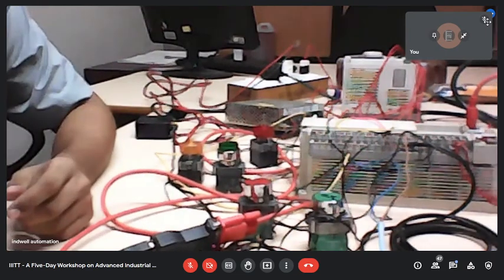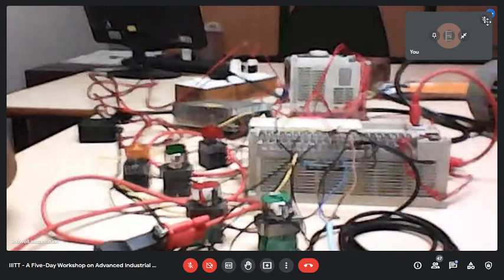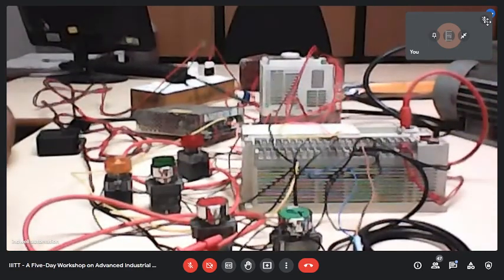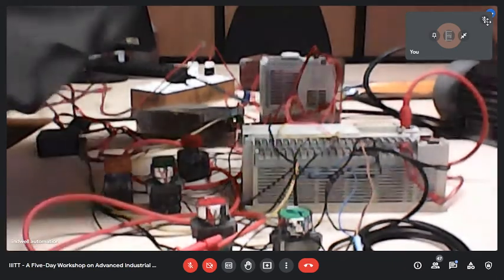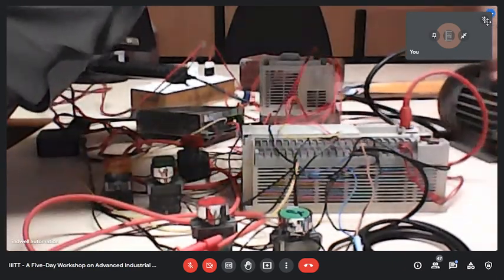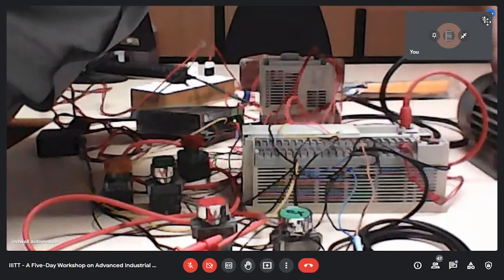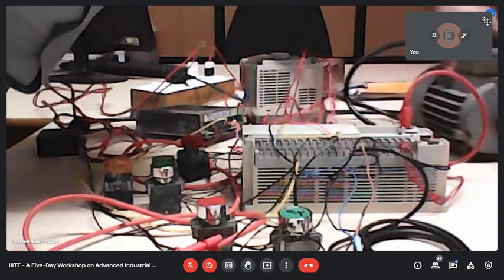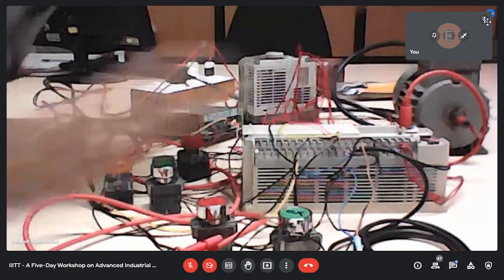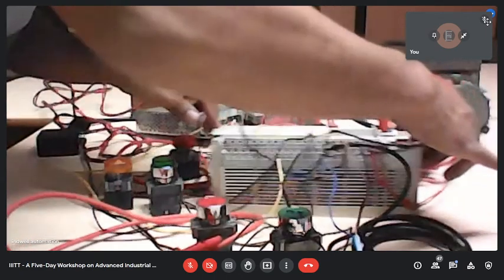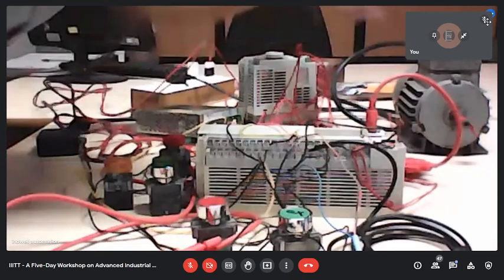Motor is not visible. Now motor is also visible. But let me adjust motor. It is visible. Correct.